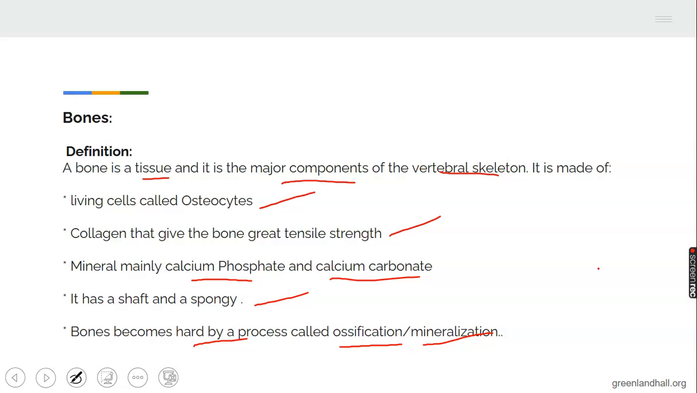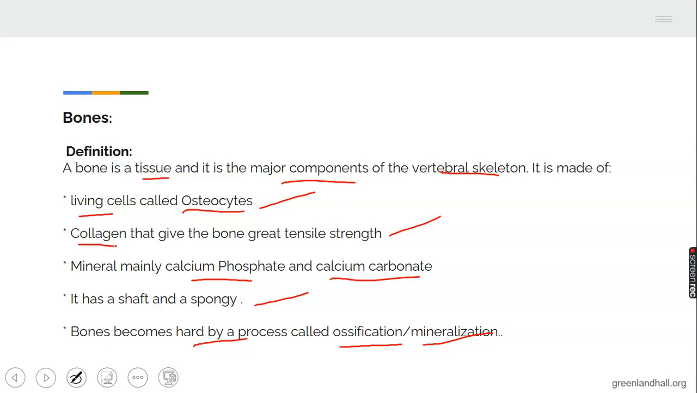Bone. Bones, as a hard structure of the body, provide shape and are rigid. They are present in animals with bone, that is, vertebrates. Now we define bone as a tissue, and it is the major component of the vertebral skeleton. It is made up of the following materials: living cells called osteocytes,